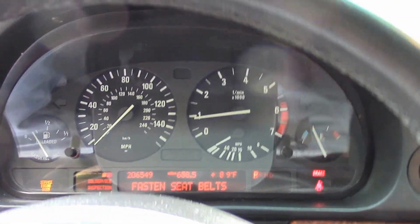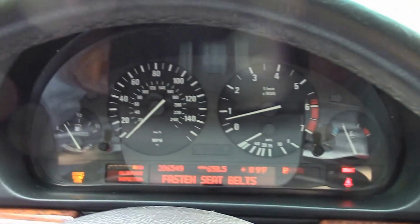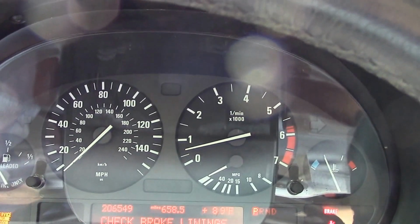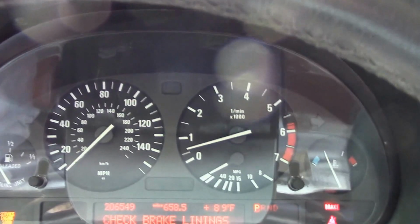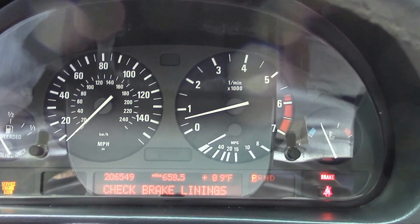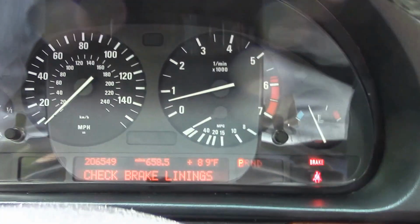Okay, now some of the stuff I'm going to talk about on this car, you guys that are BMW enthusiasts will probably know exactly what I'm talking about, even though I really don't know what I'm talking about. But for everybody else, well, you can do some internet research. That's what I did. All right, first off, let's talk about, let's see, we've got